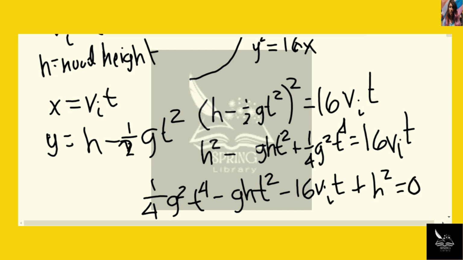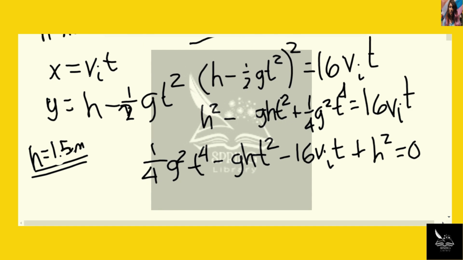Then I would graph it. Let's say that h equals 2 meters. I don't know what it is, and 2 would be too high for the hood of a truck. So I think I'm going to guess that it's 1.5. I'm just guessing, but you may have to do this yourself because I don't know what the height is. So I'm going to put in 1.5 and graph it and look for the x-intercept,